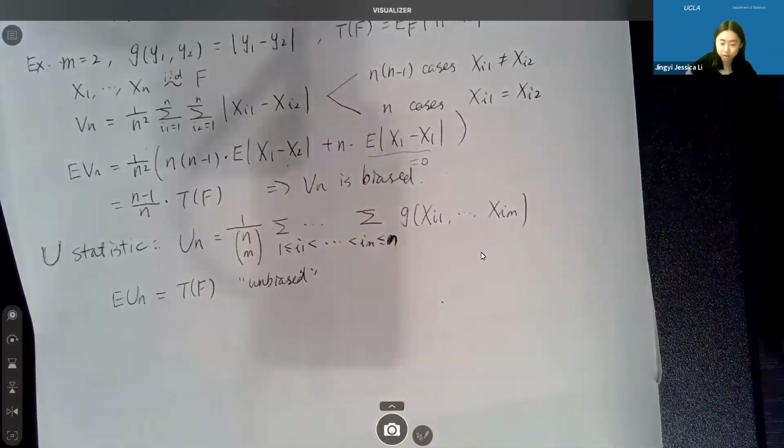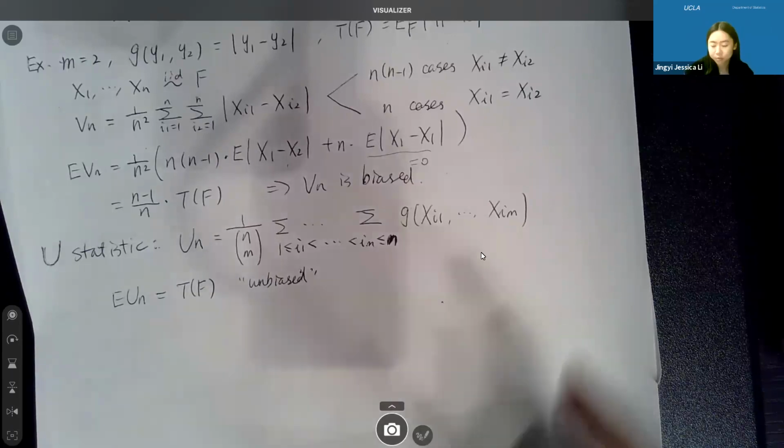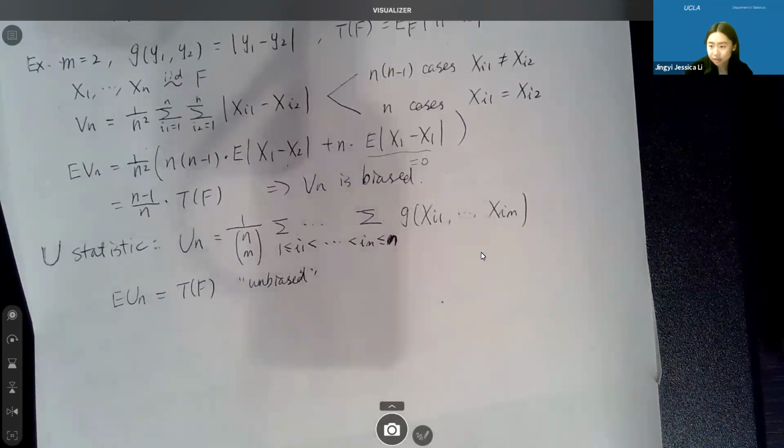Because of this definition. So to do a quick recap, we're saying that if you want an unbiased estimator for that expectation functional, you cannot simply do plug-in by replacing the F by F_n hat as in the V statistic, because that will introduce some repetition. And I think to help you better understand the next topic after finishing this part, which will be bootstrap: essentially, the V statistic is like bootstrap. You are sampling with replacement,